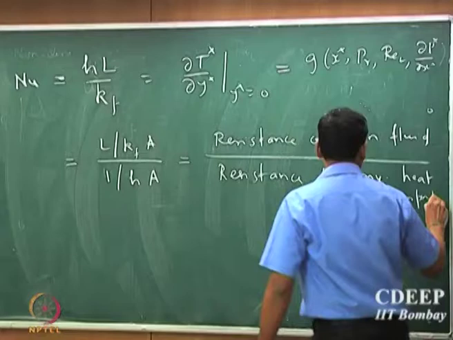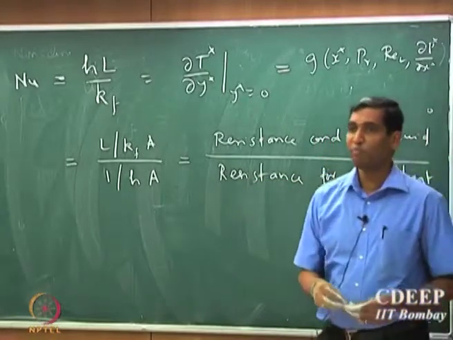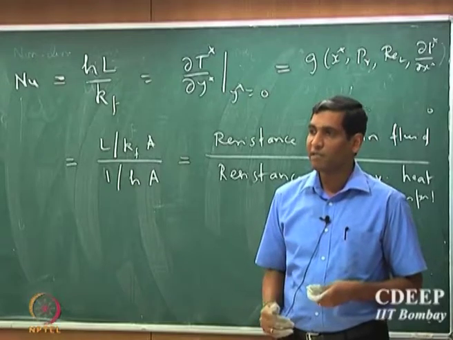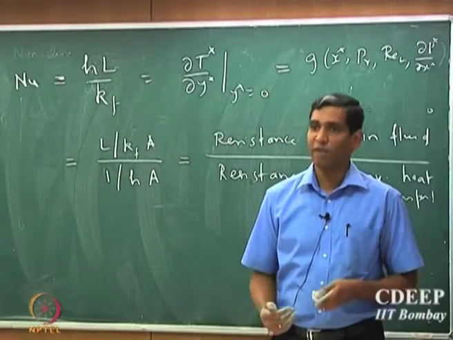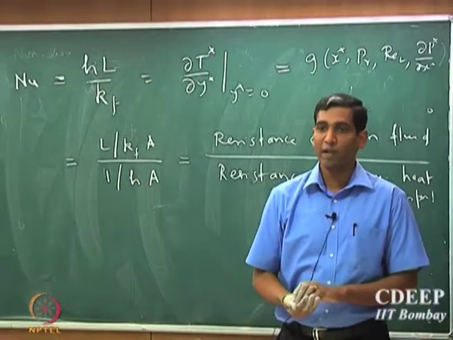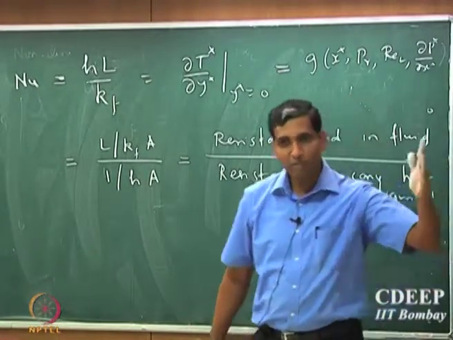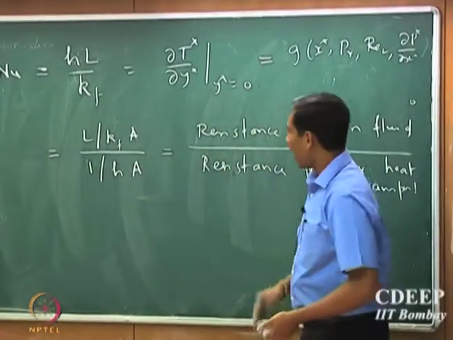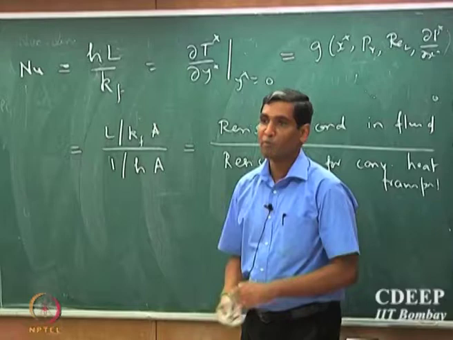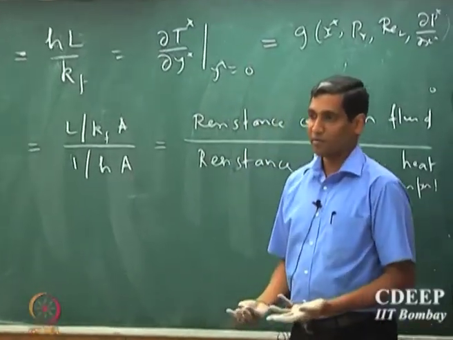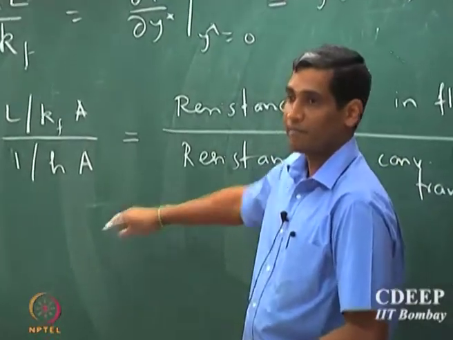So note that here convective heat transport means the extent of transport of heat because of the presence of convection from the solid to the fluid phase. Okay. So here we are not referring to convection because of the flow of the fluid. Here we are referring to the extent of heat that is transported from the solid to the fluid phase in the presence of convection. Okay, so that's what it signifies.